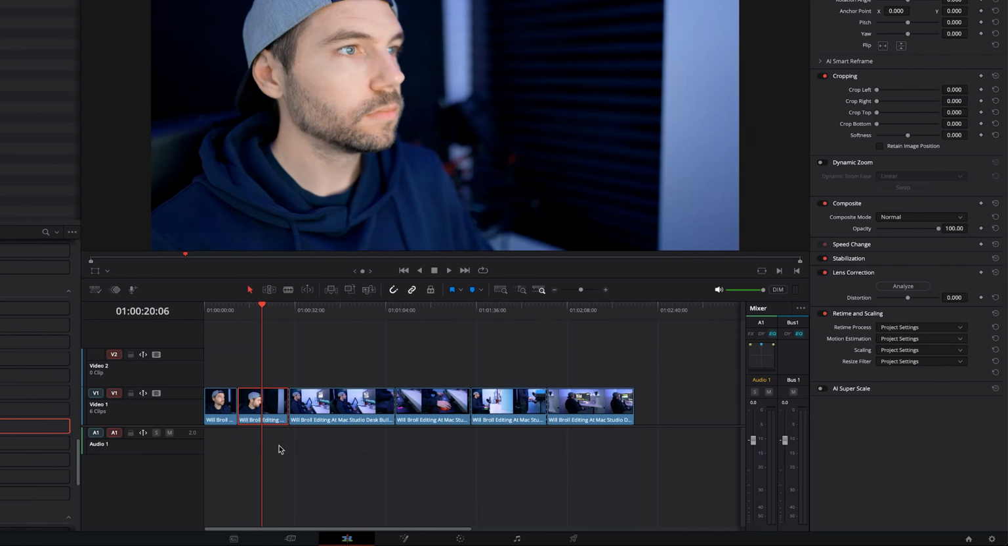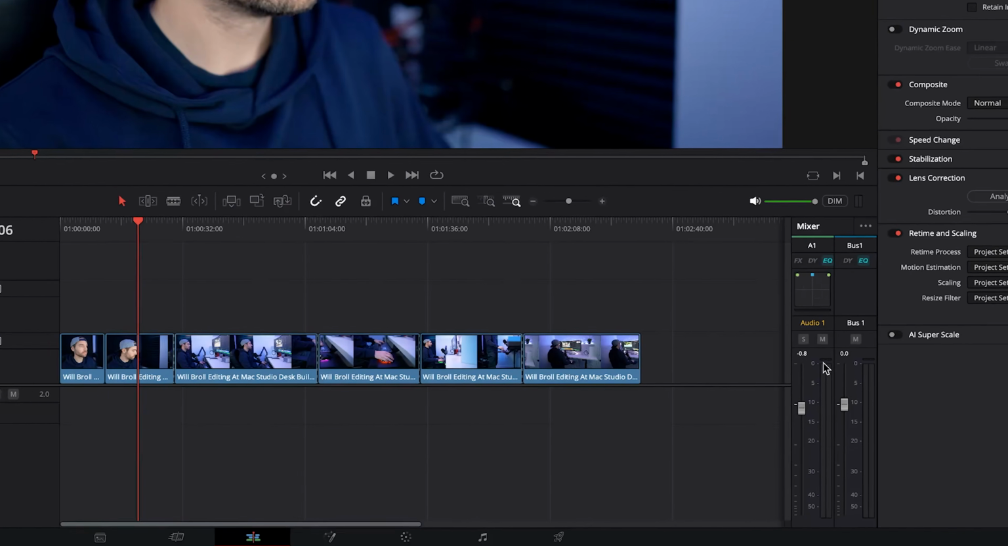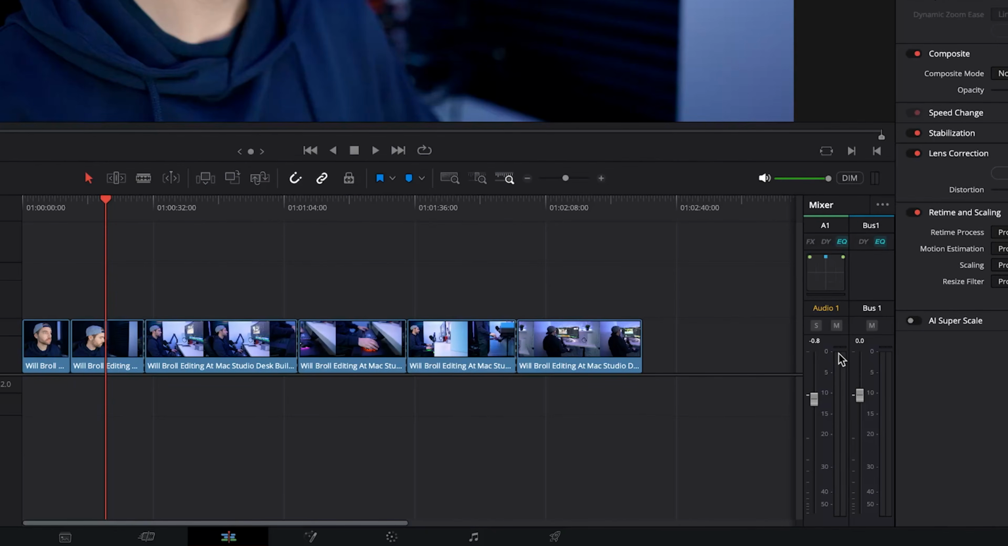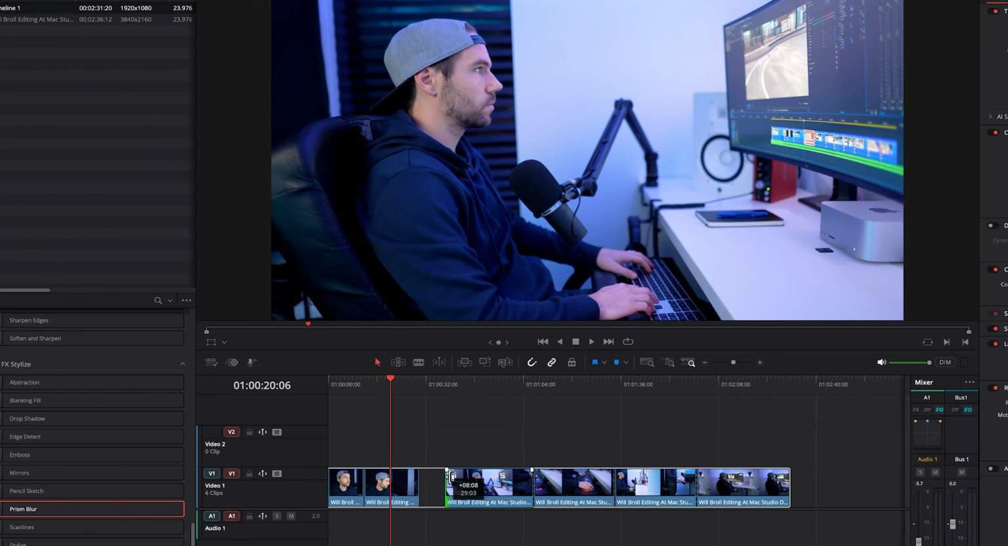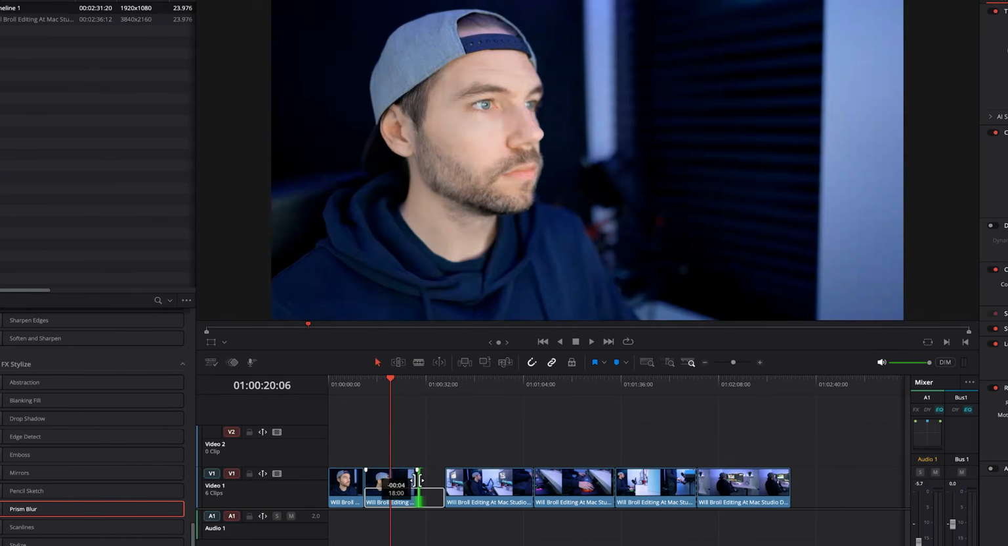If you had audio, you can select it and change the audio volume right here if you find it too loud. Generally speaking, if it shows up with red at the very top, that means it's peaking and it's set too loud. And you can just bring this volume down until it does not peak anymore. The other thing you can do is, let's trim this clip, and we'll trim this clip, and then we'll bring